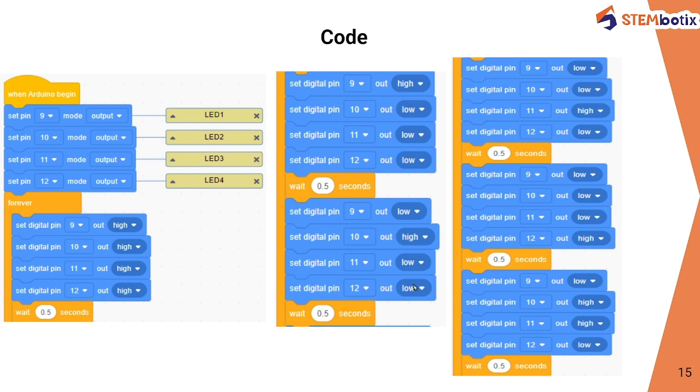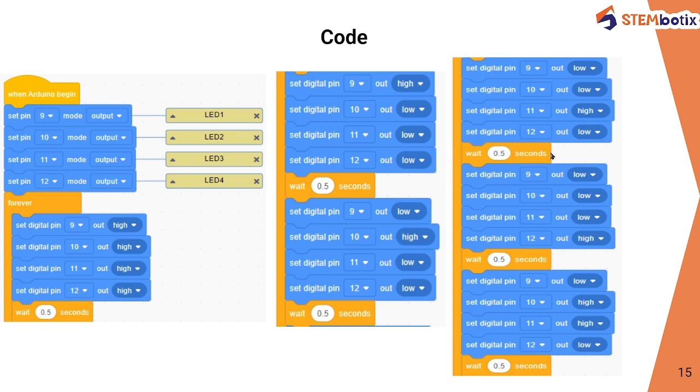At this time all the other three LEDs should turn off. So adding this into code, pin number 9's LED low means it will be turned off. The only LED which is going to be on is the LED on pin number 10. All the others are off, so change the state from high to low. Similar 0.5 second wait block. After that, it's time for the third LED to stay in high mode, so change the state to high and all the other LEDs to low. So pin numbers 9, 10 and 12 are in low state, and only pin number 11 is high